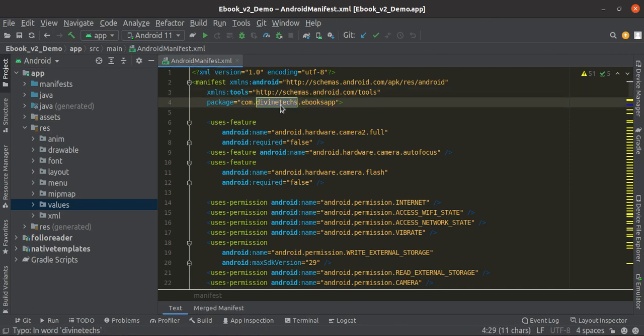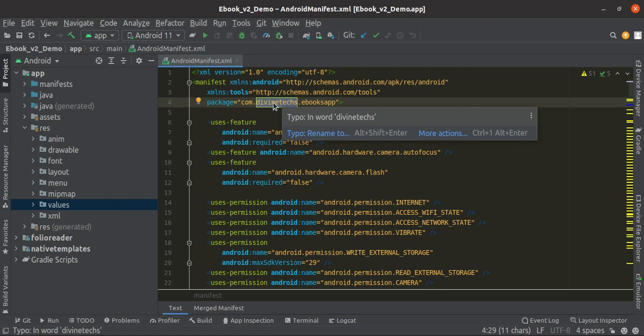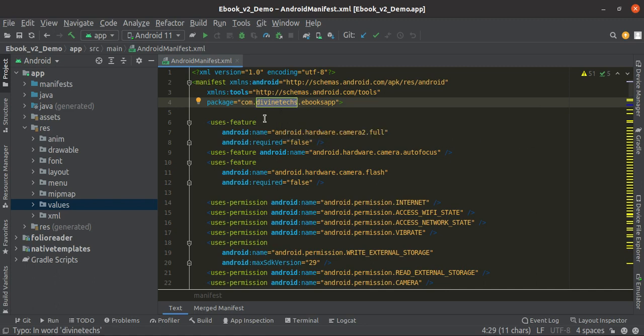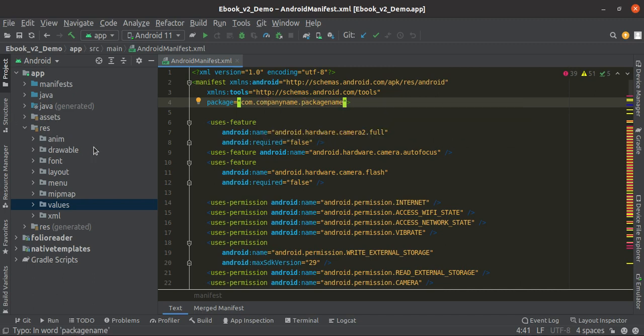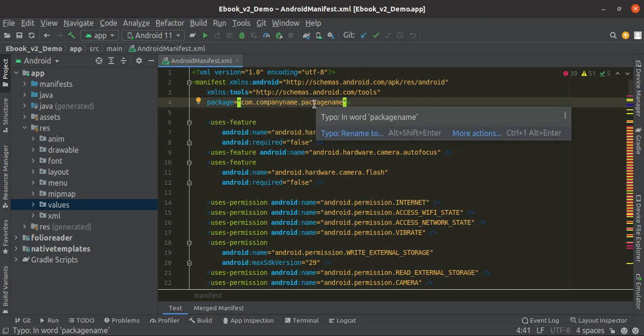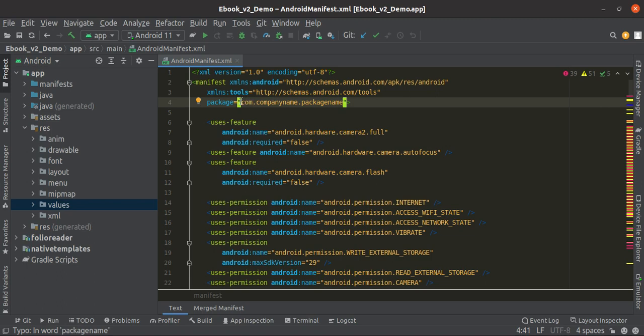You can change it to your company name dot package name. Yes, our package name is Divantex dot ebooks app. So you can change it as per your will.